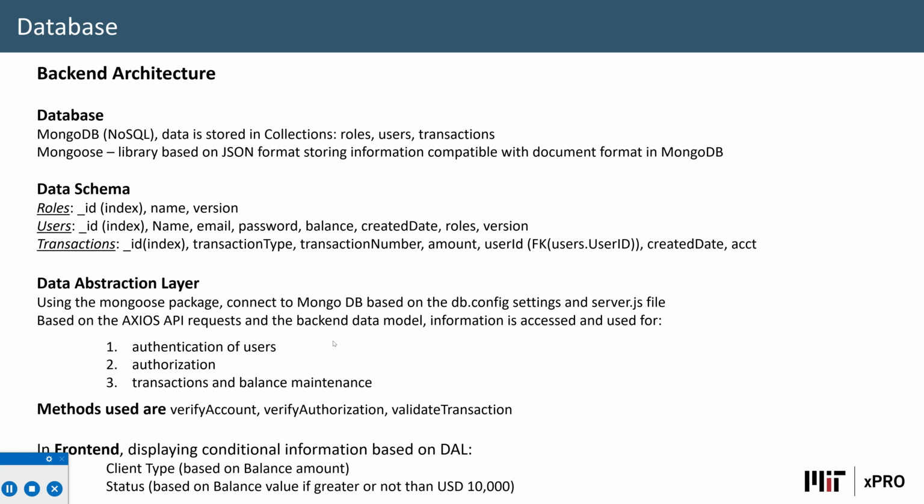Data is stored in collections, which store the data in document format. I have created 3 collections to store data in the database. The users collection contains the following columns: name, email, password, balance, created date, roles, version. The roles collection contains the columns name and version, and the transactions collection contains the columns transaction type, transaction number, amount, user ID, which is a foreign key referencing the user ID in the users collection, created date, and the user